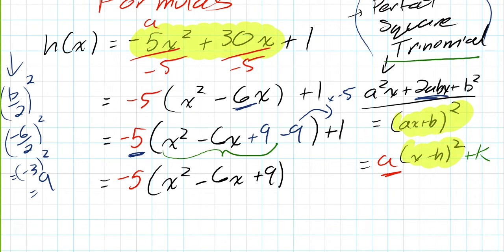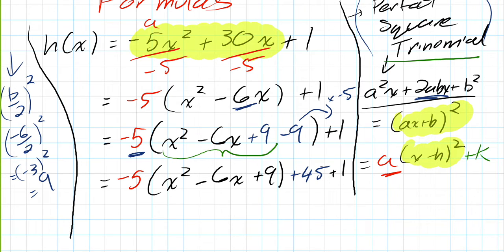Okay. The -9 times -5 is actually going to give us positive 45. So positive 45 comes the outside. And we still have that +1. I know it's kind of running in. I'll put a little wall here so we know where our work and our side work stop. Okay, good. So now that we've done that process,